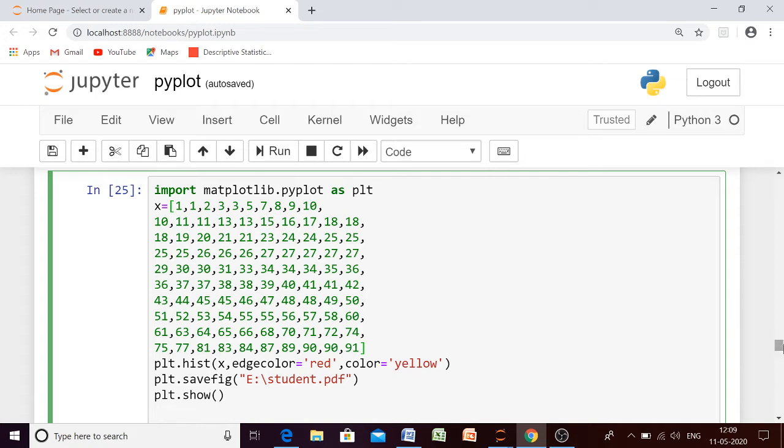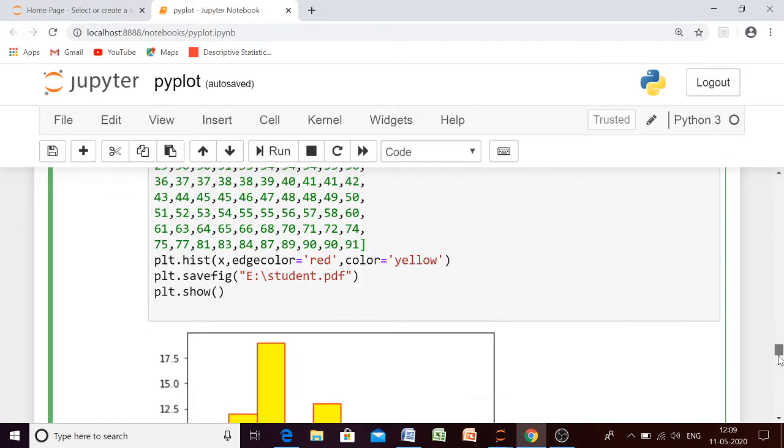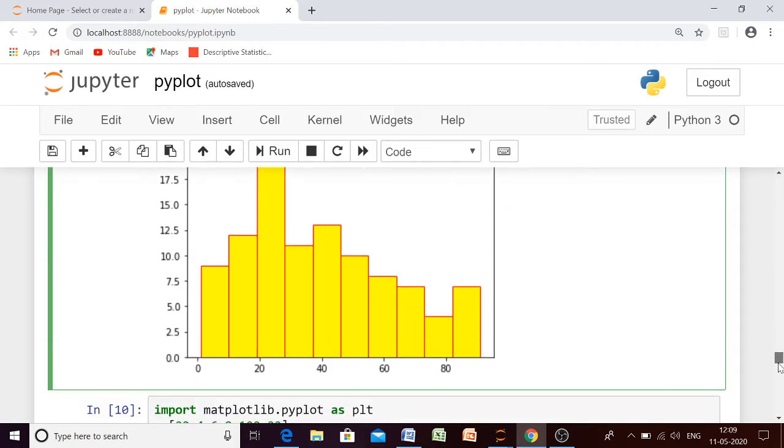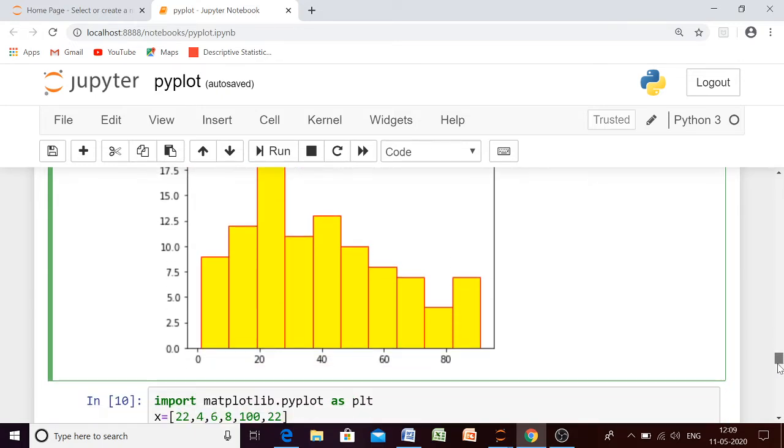Let me show you the output. How many intervals do we have? We have 10 intervals, by default it is 10. So 0 to 10, then 10 to 20, 20 to 30, 30 to 40, 40 to 50, 50 to 60, 60 to 70, 70 to 80, 80 to 90 and 90 to 100.